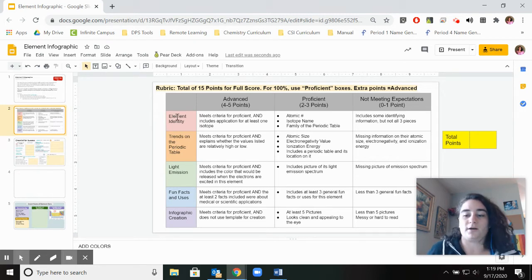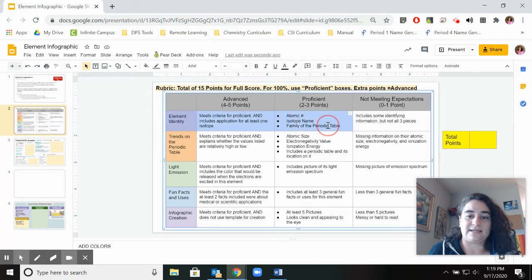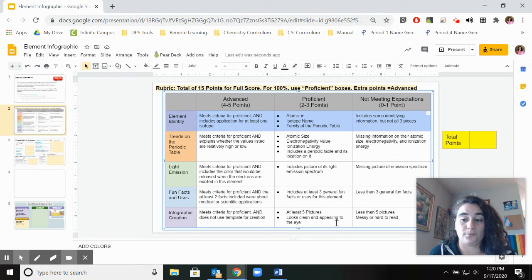So the first part of the rubric is the element's identity. Now, if you want full points for this assessment, you need to use this middle box right here. If you get everything in this middle box, it is going to give you full points. However, if you would like to challenge yourself and to get some extra points to either boost your grade or to cushion your grade a little bit for future assignments, you can do some of the things from